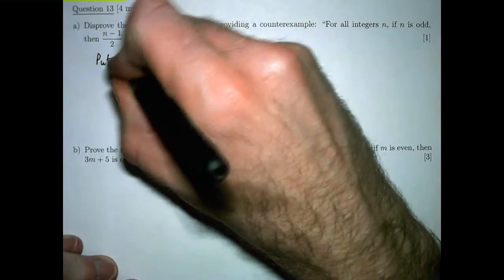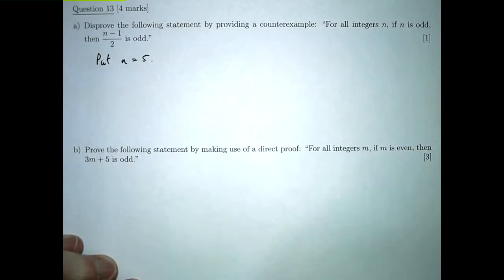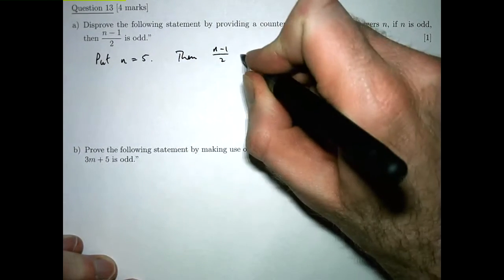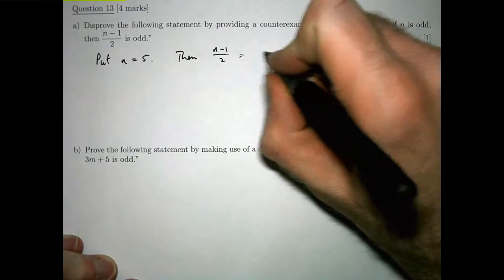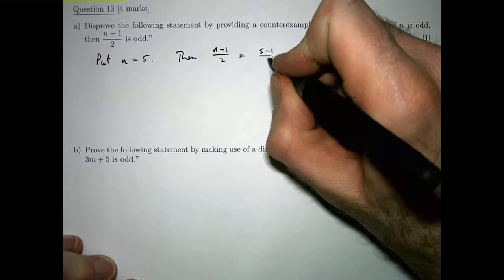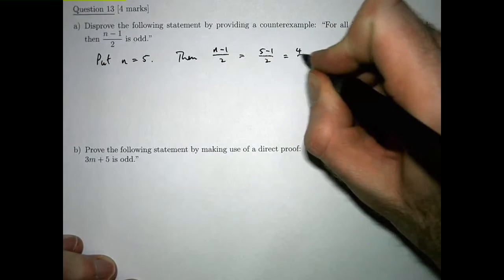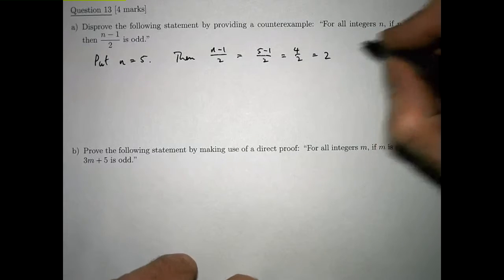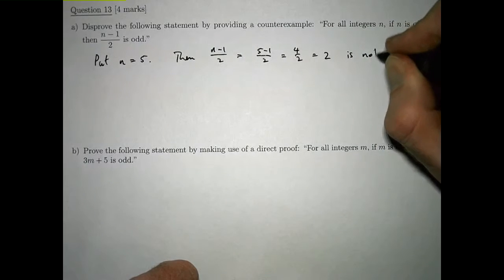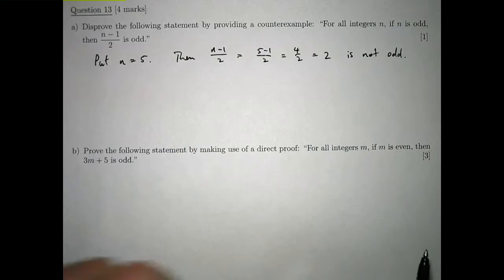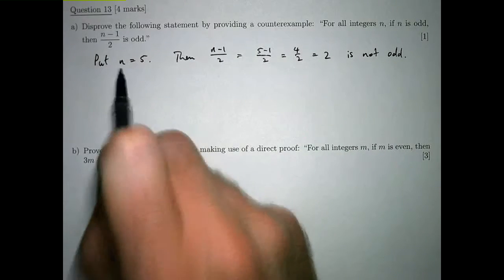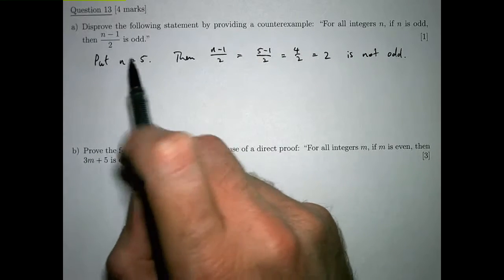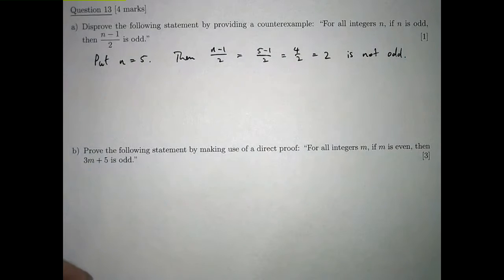And a very simple counterexample, we can put n equal to 5. Then (n minus 1) over 2 is equal to (5 minus 1) over 2, which is equal to 4 over 2, which is equal to 2, and 2 is clearly even, so it's not odd. And that's all you have to do, provide just one counterexample. Okay, it doesn't work for 3, it doesn't work for 7, but it works for a whole lot of values. We can find counterexamples